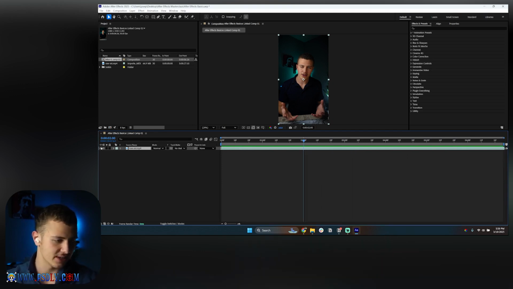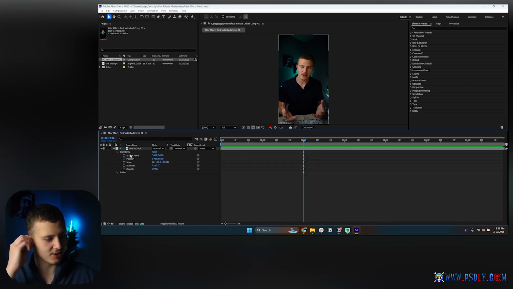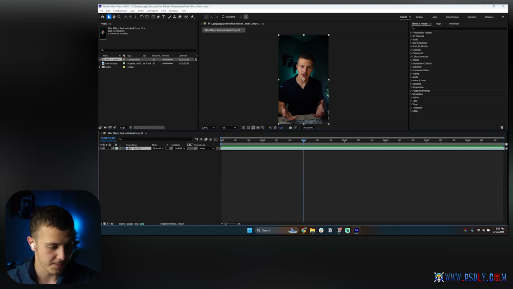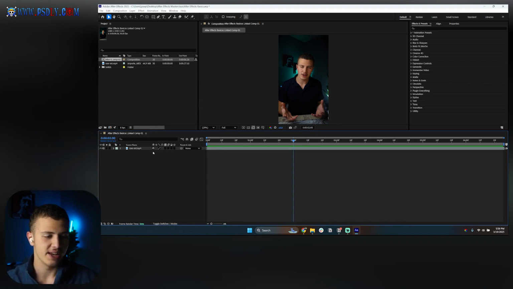And then over here on the left side, we can make things invisible. We can mute our layers. We can lock them to make them untouchable. We can click on our arrow button to access all of our settings. We can click on the color to the right of it to change the color. We can click on our source name. We can change the blending mode. We can add a track matte to it. We can parent it, or we can toggle switches, and we can access our motion blur and our 3D,